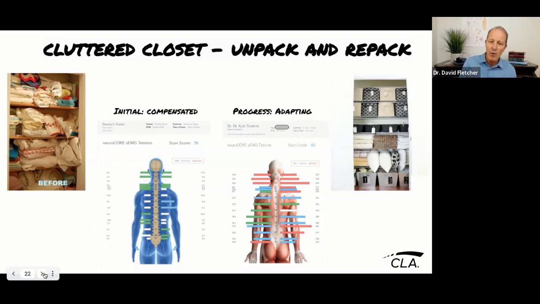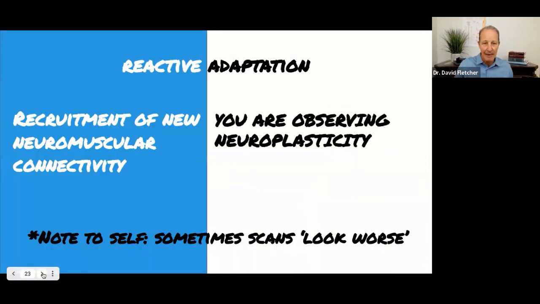Remember, before we start judging ourselves in care planning or otherwise, we need a 3-scan model. Initial, progress, which can show changeability, which I'm showing here. But by the time we do scan 3, we want to start establishing trends. Are they still trying to unpack, or are they starting to reorganize? This is the principle of salutogenesis. You're either moving towards a more balanced and coherent state, or you're trying to get back and falling behind. Keep that in mind.